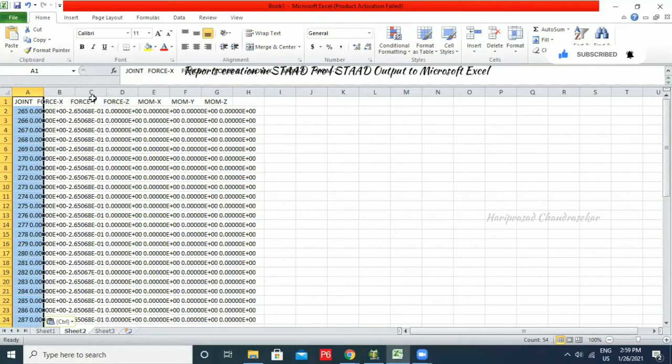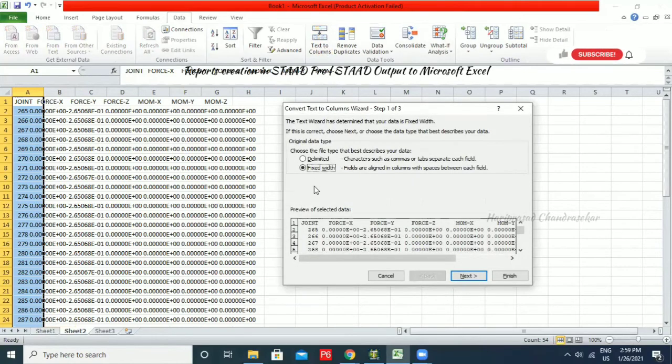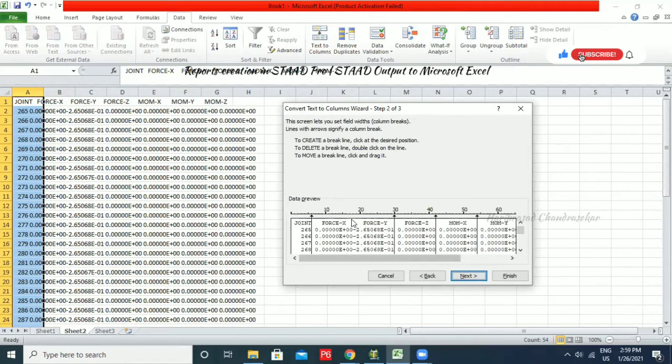Once you paste, it won't come in different columns. It is all coming in one column. So it should not be like that. For that, what you can do is go to Data here, and then go for Text to Columns and Fixed Width, and then go for next. And if you want to insert the column breaks, you can do that.